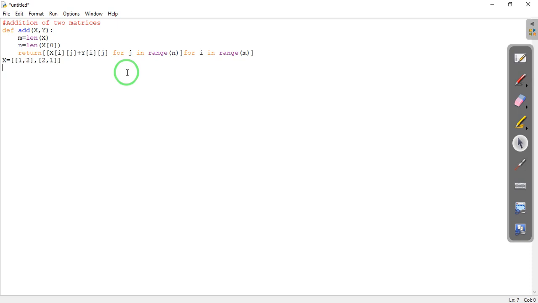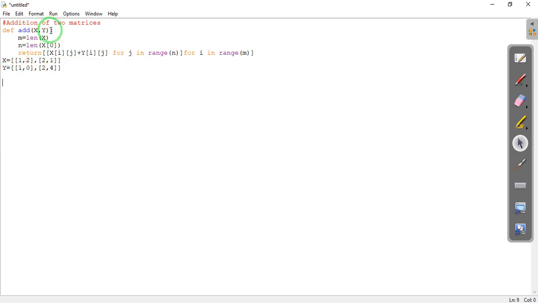Let us take another matrix y. So y equals matrix. Inside this we will put the other matrix, say 1 comma 0, and another row, say 2 comma 4. Now we have given Python these two matrices, and we have defined the add function like this.